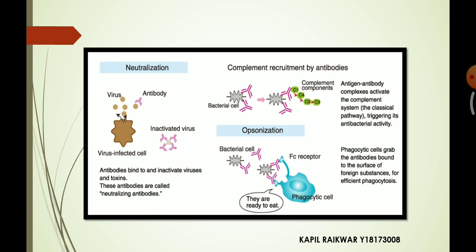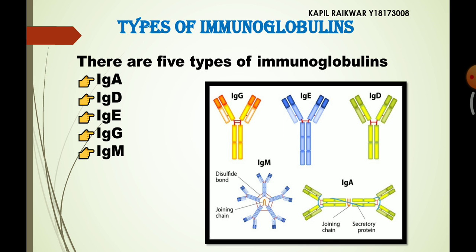Now let's discuss the types of immunoglobulin. Based on the structure and antigenic nature of the H chain, the immunoglobulins are divided into 5 classes. The first is immunoglobulin A, which has an alpha chain. Immunoglobulin D has a delta chain. Immunoglobulin E has an epsilon chain. Immunoglobulin G has a gamma chain. Immunoglobulin M